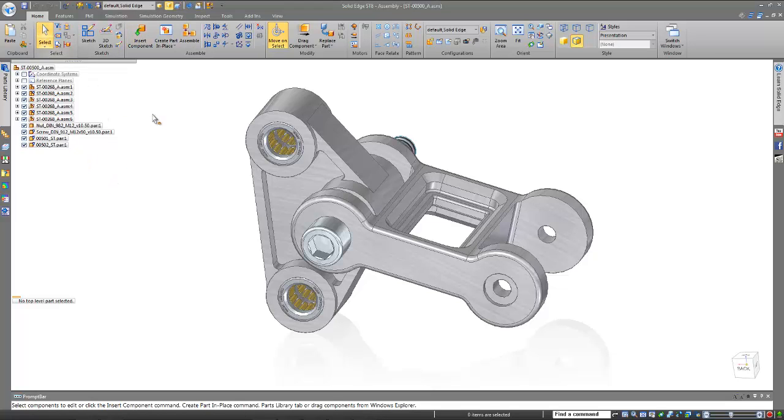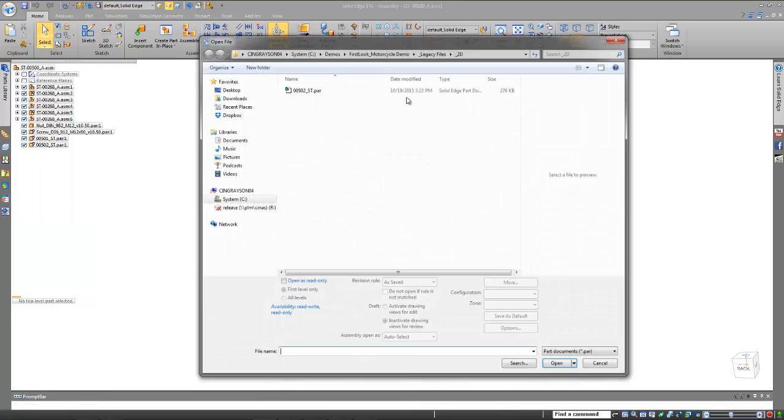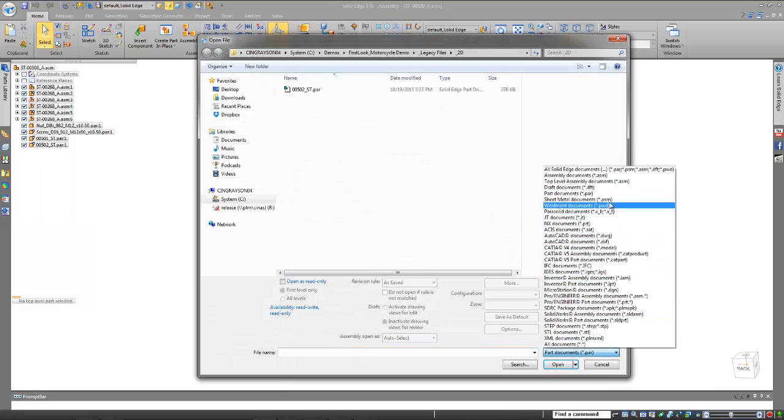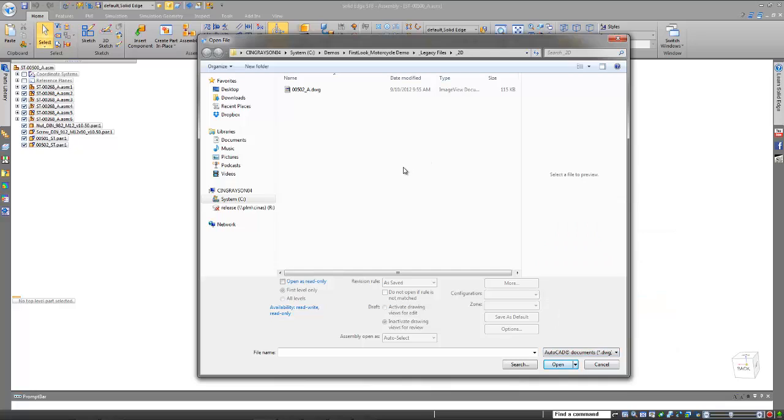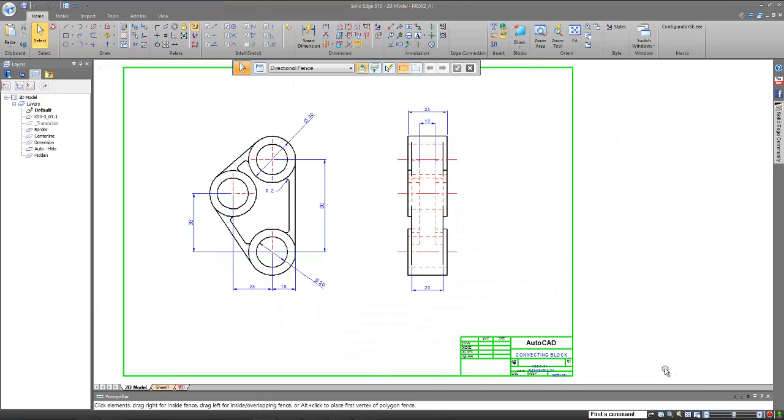What I wanted to show you here is in the case where you might want to reuse not only the 3D data but also the 2D documentation of that 3D data together. I'm going to show you a real quick tip on how to do that. Again, if we go to our standard file open dialog and change our files of type here to, in this case, DWG or DXF, if you do have legacy data from a previous 3D CAD system, what you can do is take the 2D drawing information, save it out as a DXF or a DWG file format, open that up inside of Solid Edge directly, and marry the data that we find here